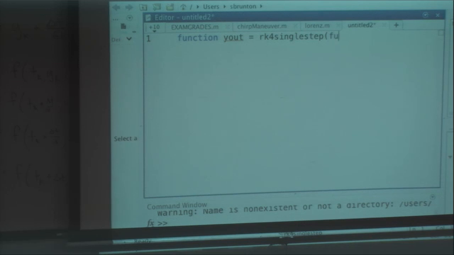It's a function of some function: I have to give it a right-hand side function, a dt, and an initial time and an initial position, or if you like, tk and yk. Okay, so f1 equals. What does f1 equal?